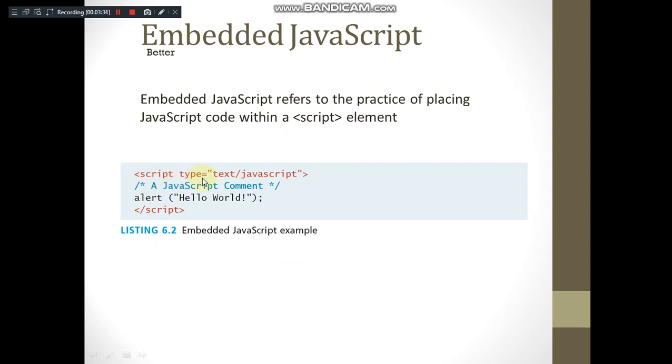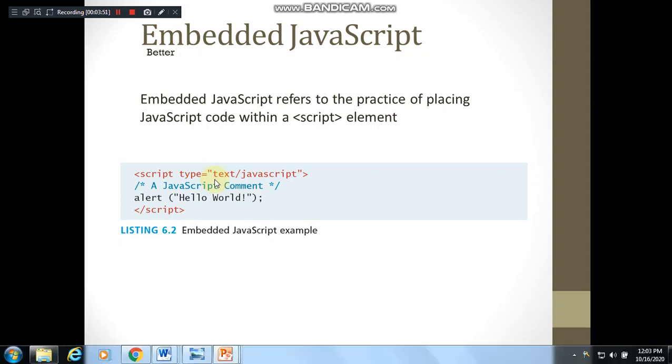You should specify what kind of script you are going to write using the type attribute. The value of this is fixed, text/javascript. So remember there is no space between Java and script, and it is case sensitive. The values of the attributes are case sensitive in case of HTML. So write it properly in lowercase only. And after this particular tag you can write any number of lines of JavaScript till the closing of the script tag. So this entire thing is included in the head section of the HTML,